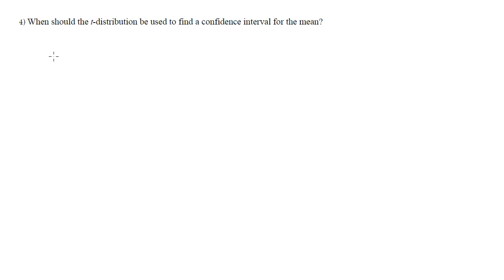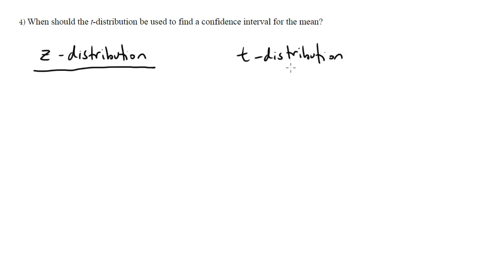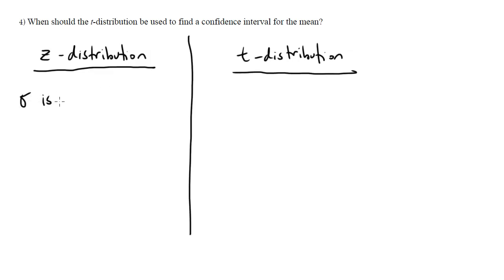You can either use a z distribution if we're talking about confidence intervals, or a t distribution. The main difference between a z distribution and a t distribution: you use a z distribution when sigma is known